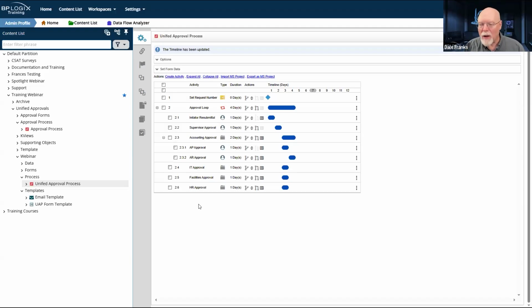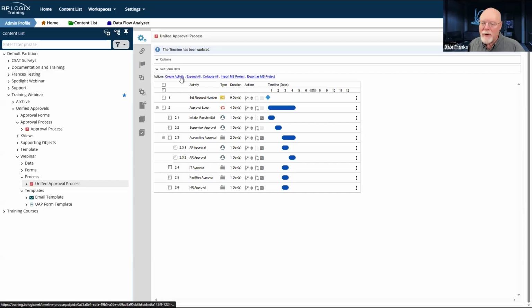Because I know that I have to go through certain processes if it's an HR deal, and certain processes if it's an IT deal, and they're all going to be different, and that's fine. But I may also have some ad hoc approvers that I want to add. Extra people that I want to include in the process, whoever they may be.